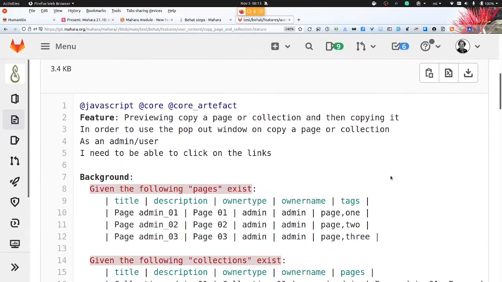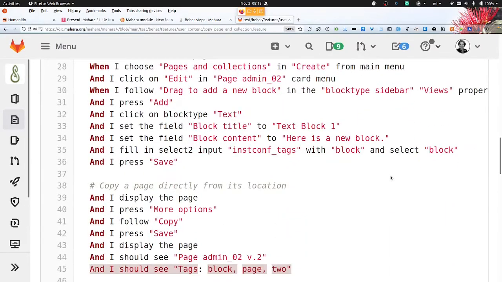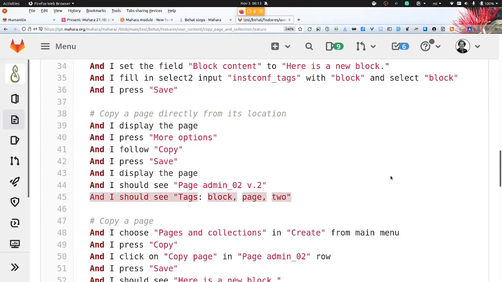And so here is a script for you, which is very readable. Here we are copying a page directly from its location, and it says, and I display the page, and I press more options, and I follow copy, and I press save, and I display the page, and I should see the page title, and I should see tags block page in 2.